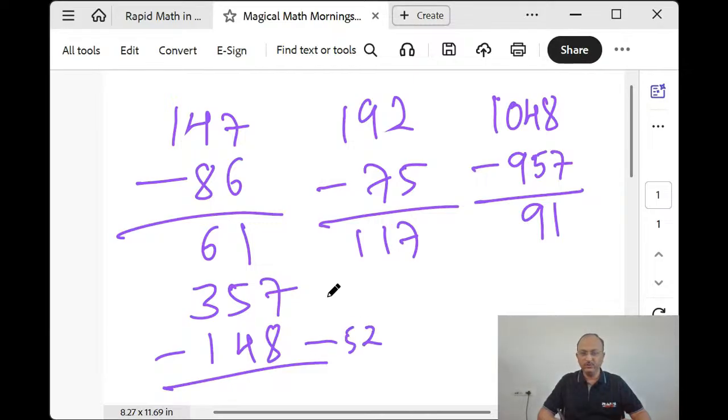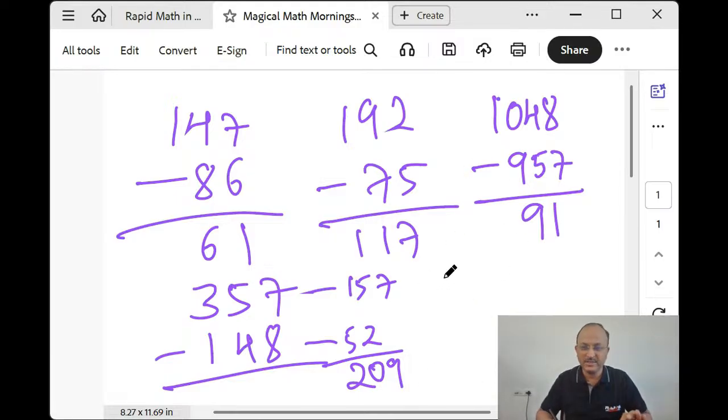This is 52. This is 157. Correct? The difference is very simple, 209. Any subtraction we can do very simply by just following this method. You find out the number, you take one base number which is having